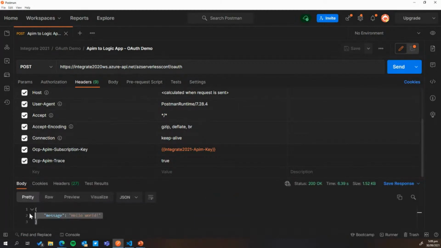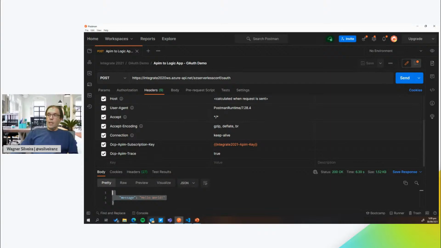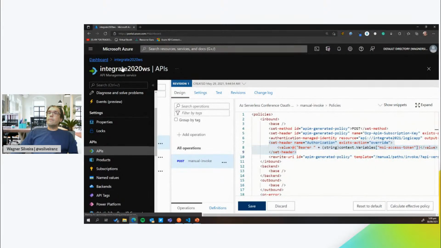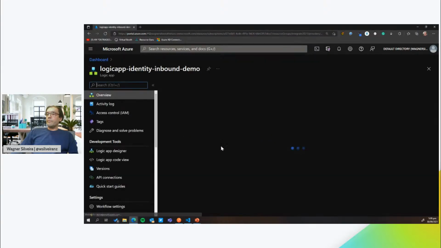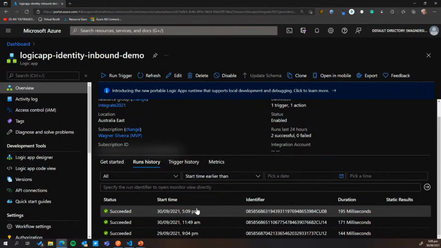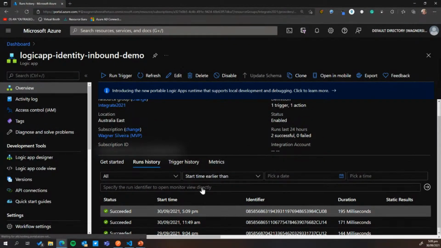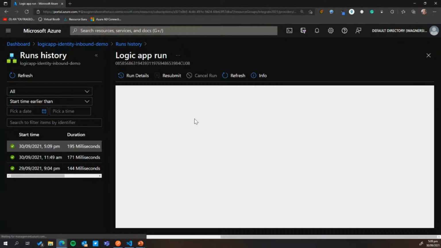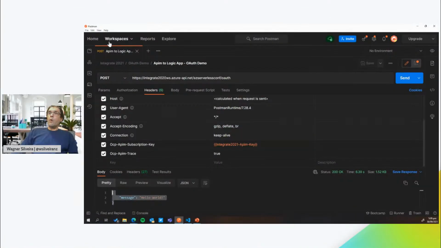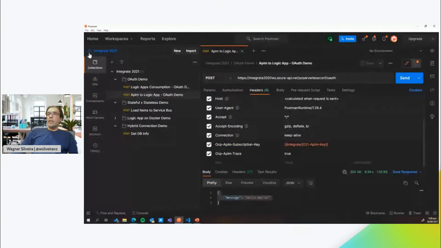There we go. I receive a very complex response called hello world. That means that the Logic App is actually being called, and you can see that happening. We have a call at 5:09 p.m. New Zealand time, right? And that basically executed my hello world. But if I try to call that same logic app now directly,